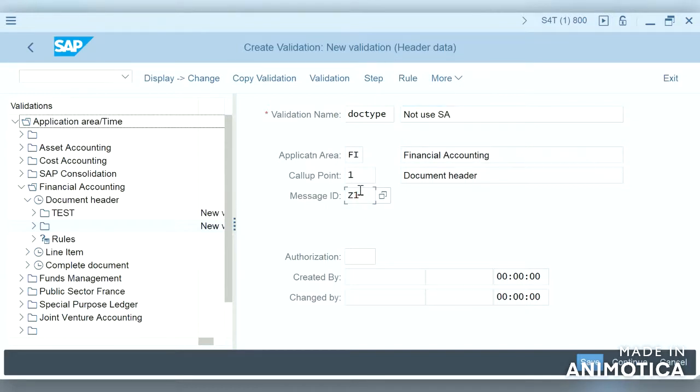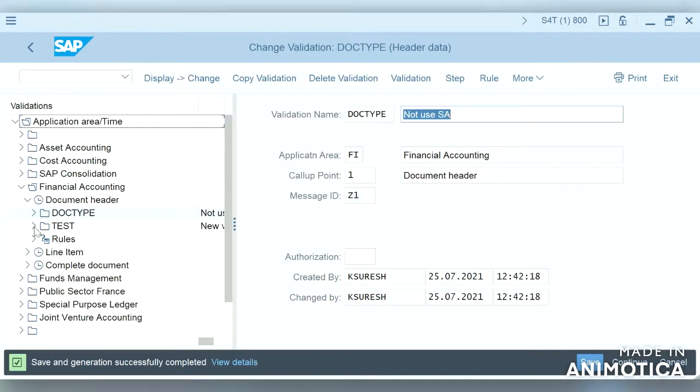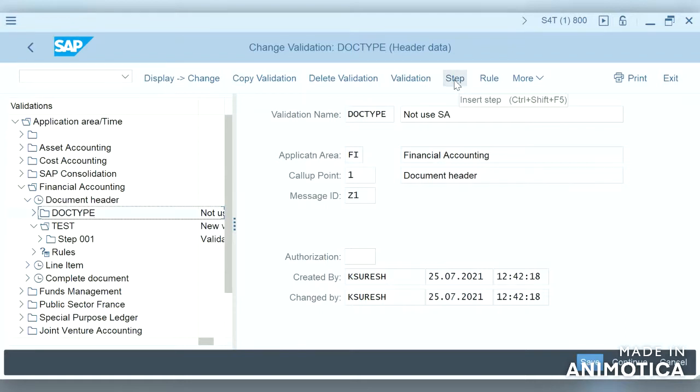Okay, and this is how we create the validation name. And I have already created this, just I am showing it for an example. So this is the validation name we have created, and for this now we will add the step.